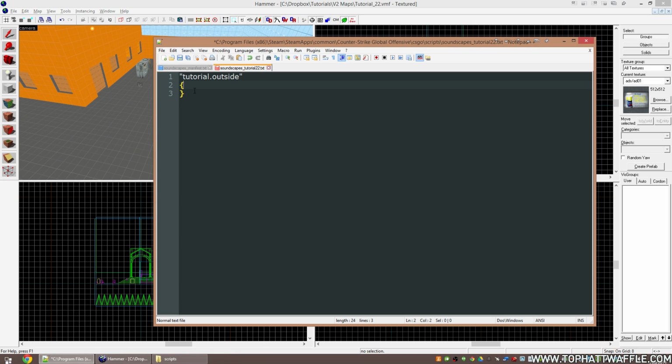Back to our soundscape, we're going to create a new line and tab over. We're going to start with DSP, tab over again, and then do 1. This defines the DSP effect for the soundscape. We're going to start by creating our looping wave for our dry wind. We're going to open quote and do play looping,